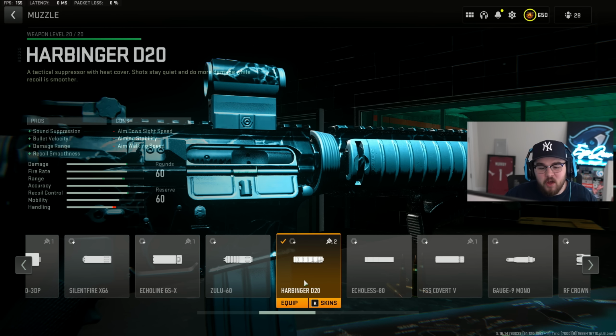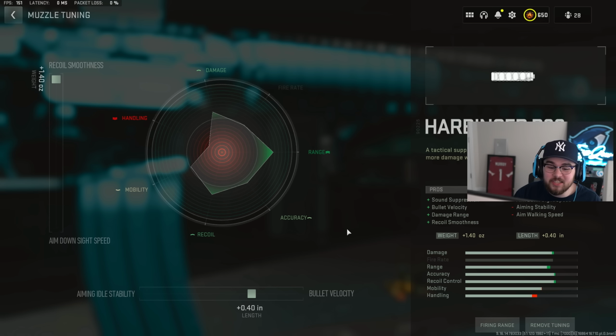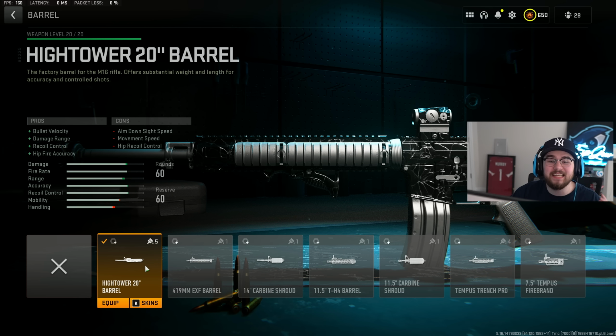For the first attachment, we have the Harbinger D20 suppressor, giving you that sound suppression, bolt velocity, damage range, and recoil smoothness, helping out the M4 in every possible way. For the tuning on the suppressor, I completely maxed it out for that recoil smoothness. I did plus 0.40 for that bolt velocity. Mixing in absolutely perfect is the HIGHTOWER 20-inch barrel, giving you that bolt velocity, damage range, recoil control, and hipfire